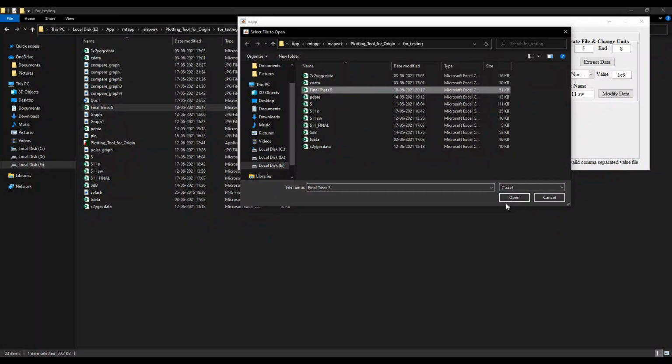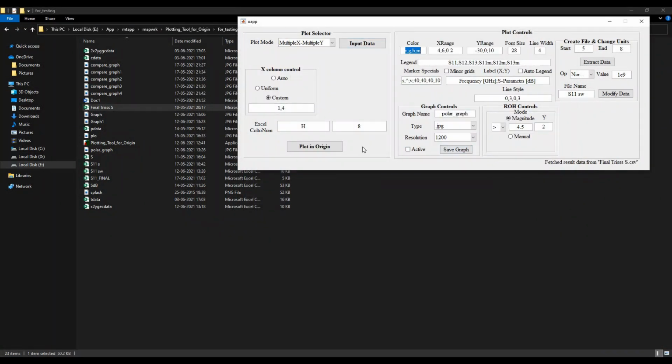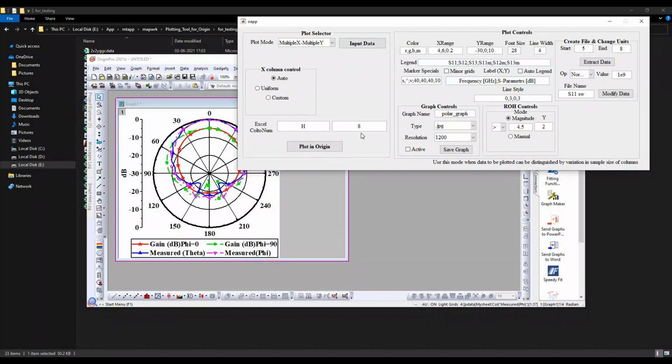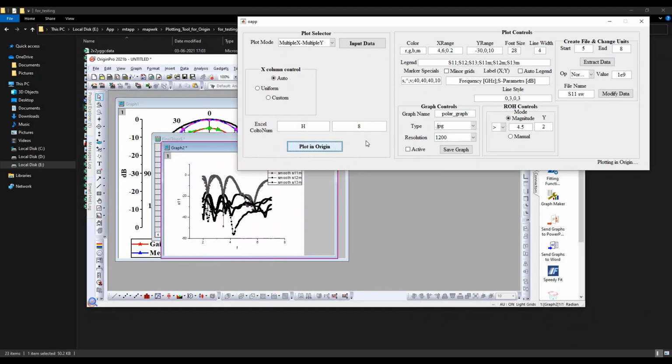Final choice is the file name that you would like to give into the application. And I will go with auto plot mode since the variation in the sample size is very distinct, and we'll just sit back and see what the application will do.